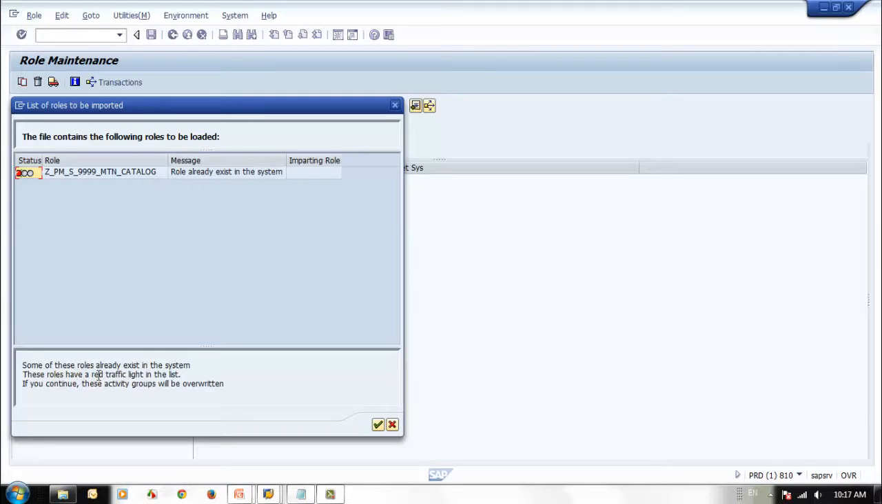These roles have a red traffic light in the list. If you continue, this activity group will be overwritten. That means if you say continue, then it will override the existing one. If I say okay,